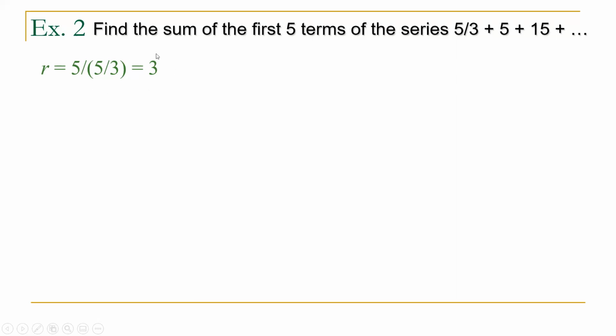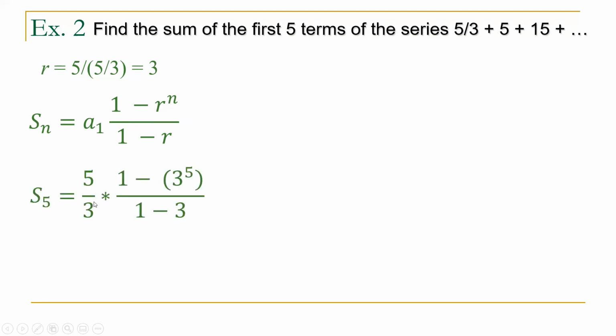I-input nyo lang yan sa calculator nyo, then yan yung lalabas sa calculator. And ngayong meron na tayong common ratio, i-substitute lang natin lahat ng values ng given. So we have for A sub 1, that is equal to 5 over 3. Then multiplied by the difference of 1 and 3 raised to 5,